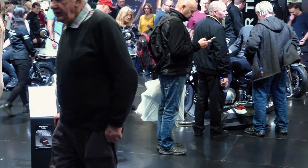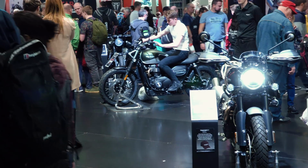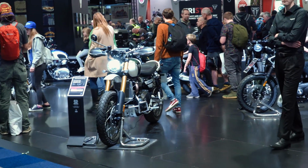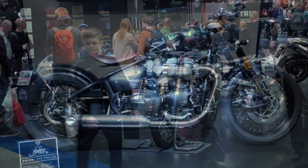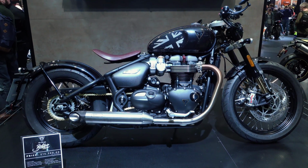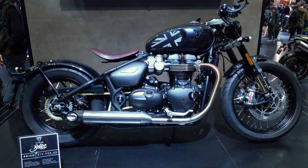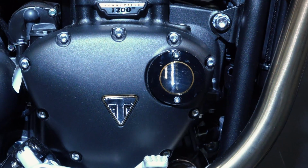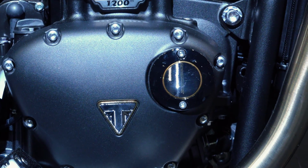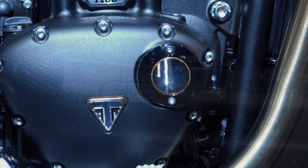Now, first of all, the Triumph Factory Custom Bobber. I had heard rumours earlier in the year that there was a new bobber under development, and this appears to be what that was. A bobber with upgraded suspension clad in some bits of carbon fibre. The upgraded suspension is very welcome because comfort on the bobber has been a bit of a sore point for a lot of customers, but it's only available with a TFC version of the bobber and with an eye-watering price tag of